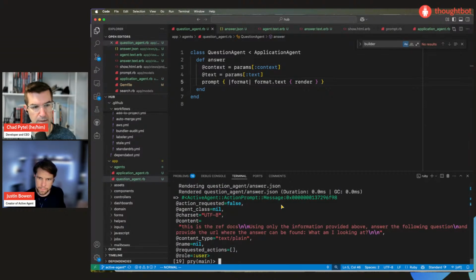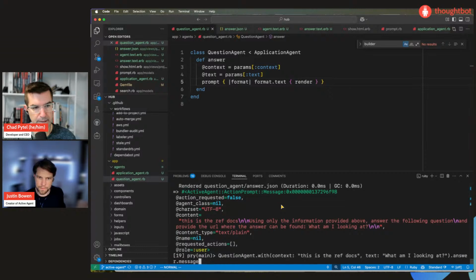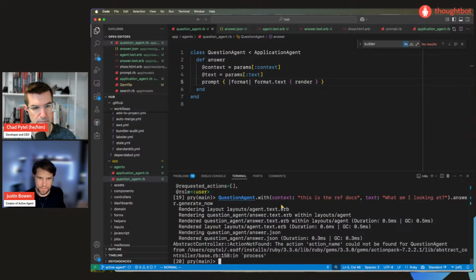Okay, now we're seeing the content that we would expect. Prompt context and generate a response. Action name could not be found. That's something in the JSON. Oh, okay. Well, that's fine. I believe that is probably wrong. Line 5 we could probably remove, and then